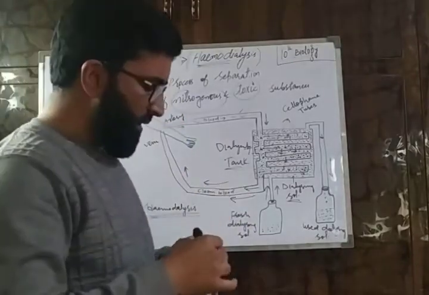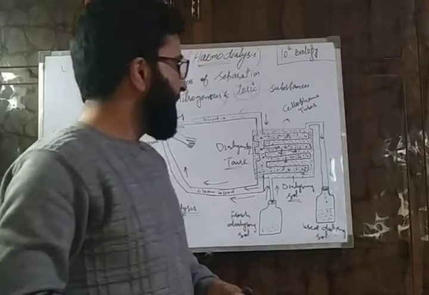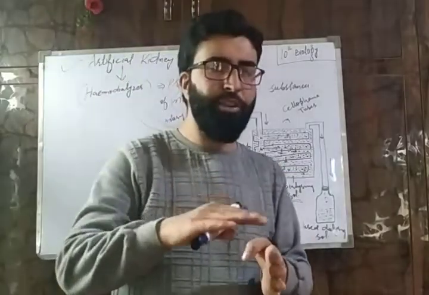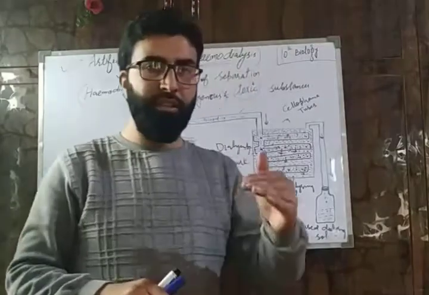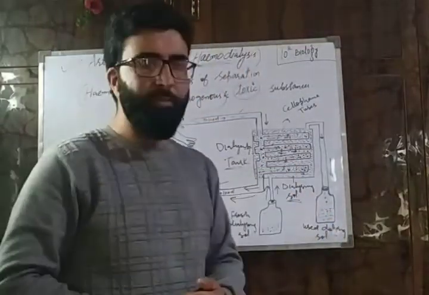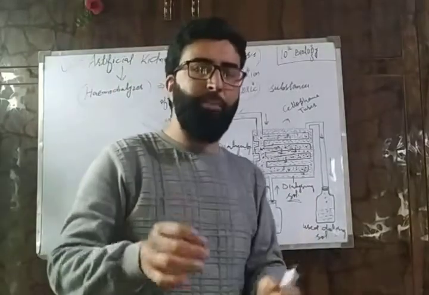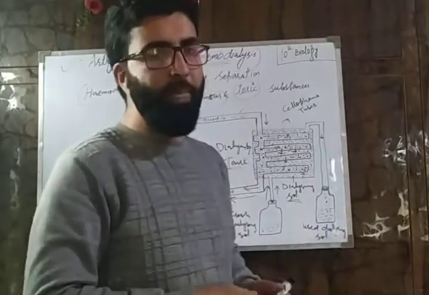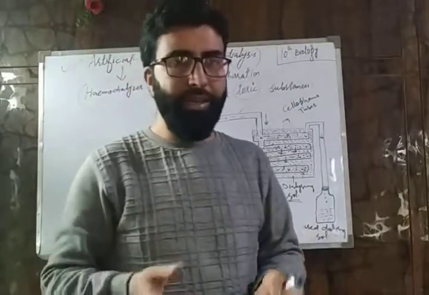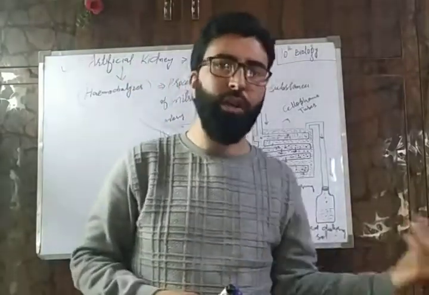But when blood is allowed to move in these tubes, first the temperature of the blood is cooled, lowered to 0 degrees Celsius so that they may not expand, and also heparin is added to the blood in these tubes. Heparin is an anticoagulant. It doesn't allow the blood to coagulate here.